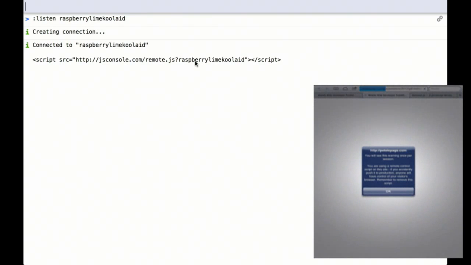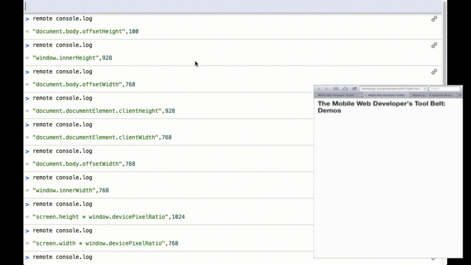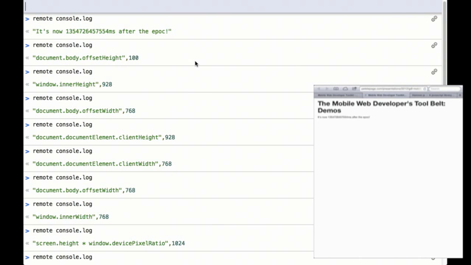As soon as I send that, it pops up with a little dialog. Let's make this a little bit bigger. The dialog is a warning that says, I'm going to send everything off to another service. So just a word of warning, remember to remove this script before you deploy this. I'm going to click OK on this, and sure enough,